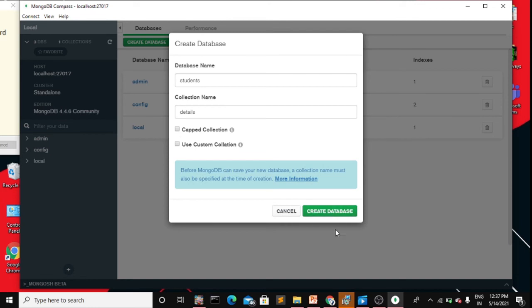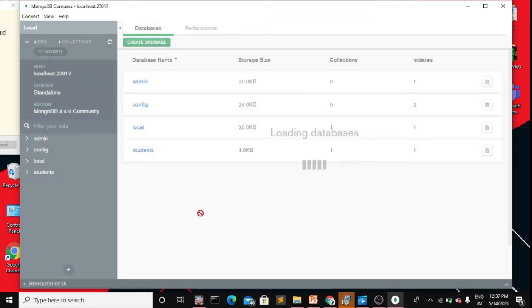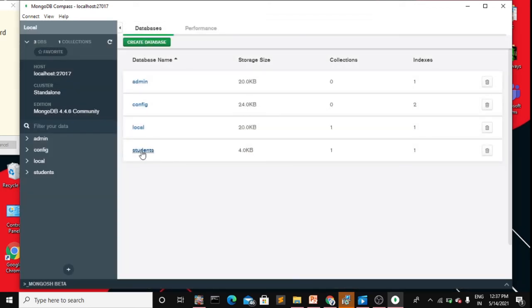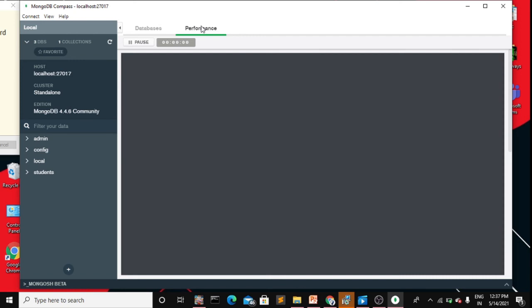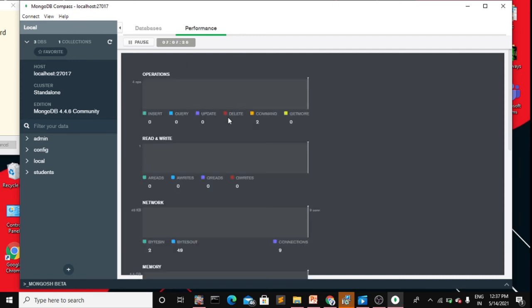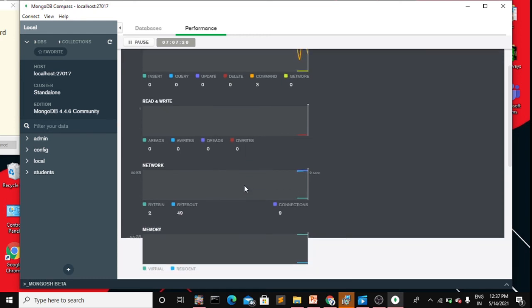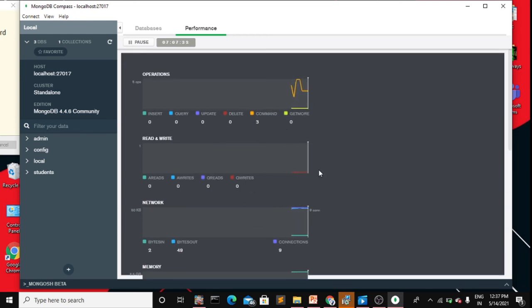My student database has been created. You can also see the storage size and how many collections are there in it, and you can check the performance of your database here. You can see how many students are registered right now. Everything will be shown here.